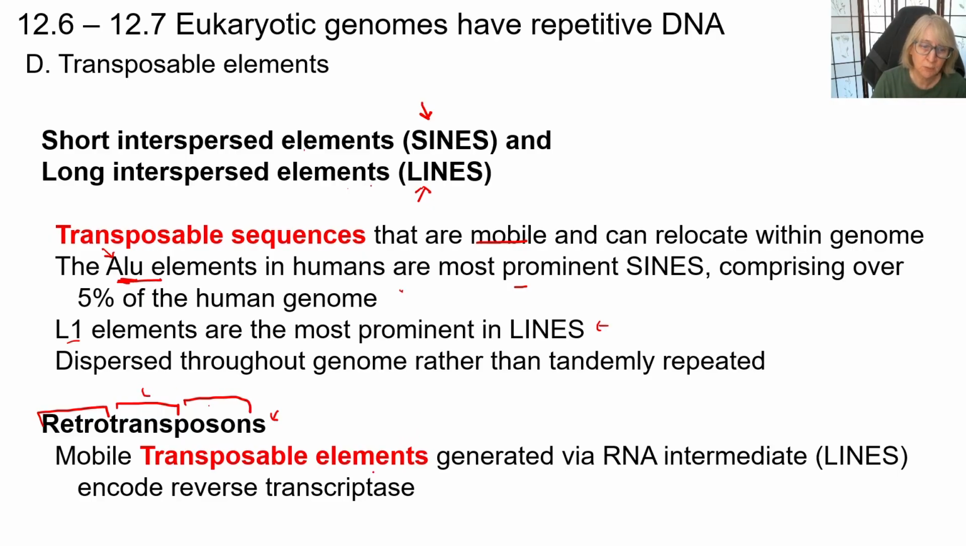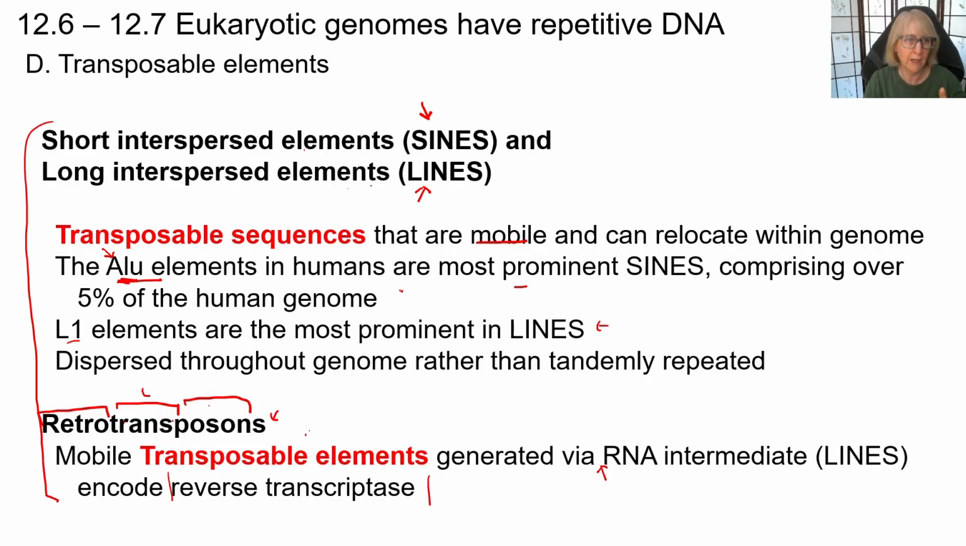There are some mobile transposable elements that are generated from RNA, and then they're encoded via reverse transcriptase, so transcription going backwards into DNA. These mobile transposons are called retrotransposons. Right now, because I don't have a great series of explanations of why these exist or what they are good for beyond the fact that we know they exist and they are interesting, I am only asking you to recognize